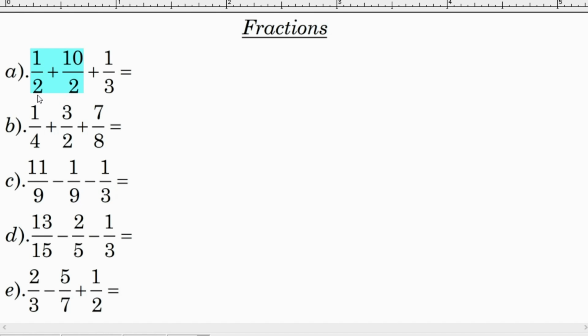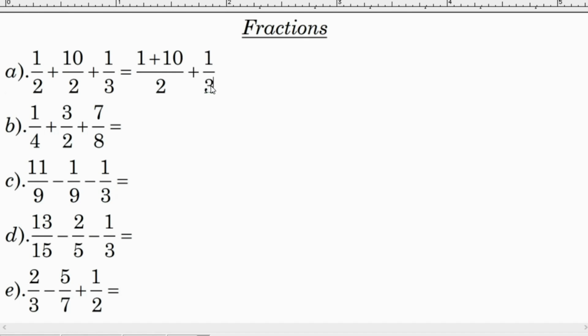We have the same denominator, which is 2. When we have the same denominator for 2 fractions, we can keep the same denominator 2 and then add the numerators together, which is 1 plus 10,